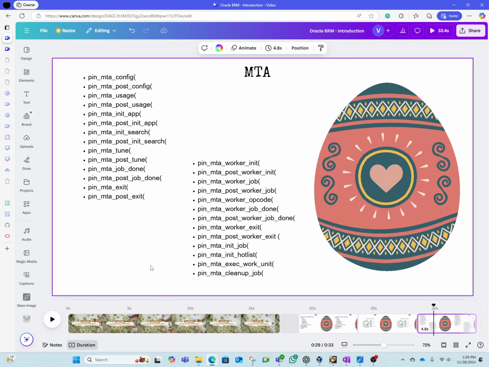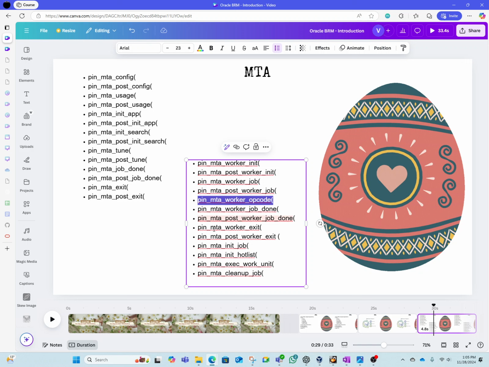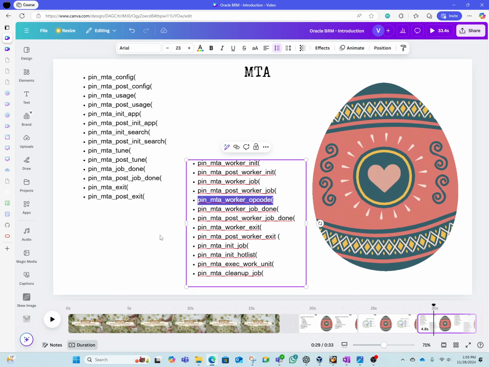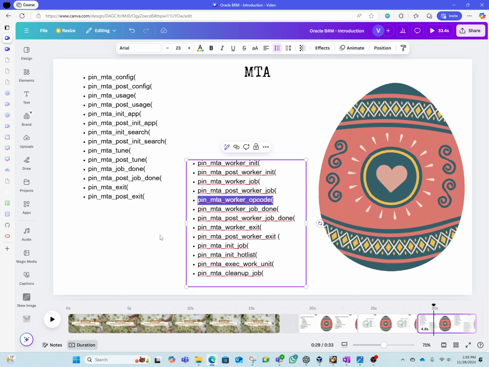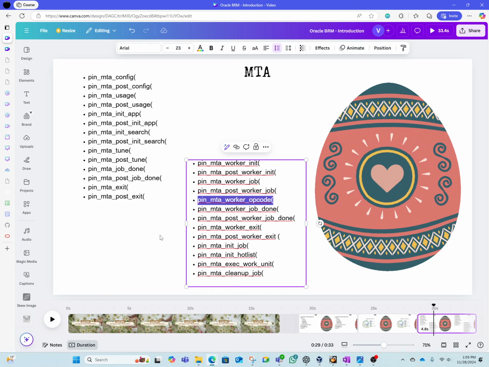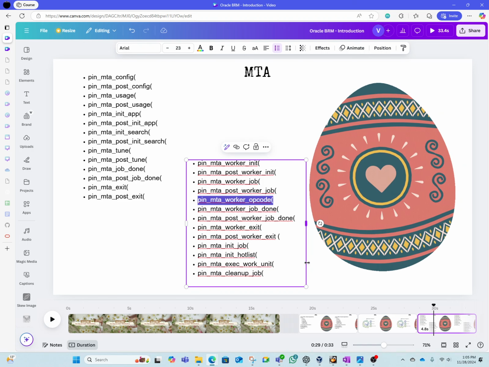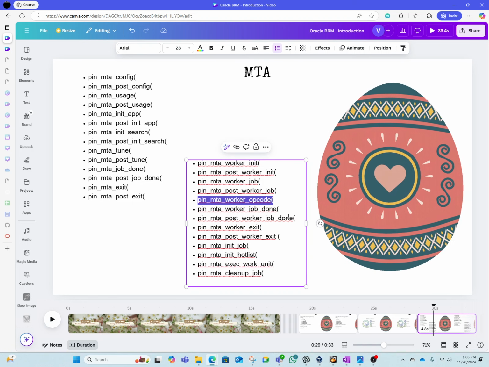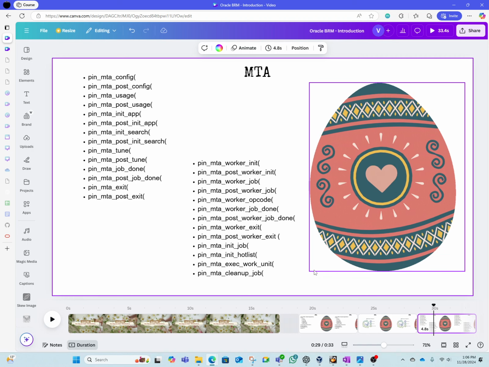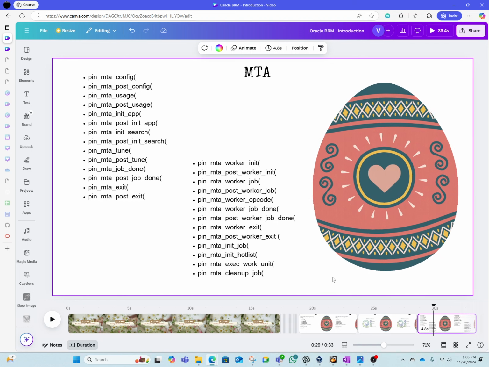You can also test the opcode that you would like to use in the worker opcode. For example, let's say you are updating the zip code, then maybe you may use the PCM OP write fields opcode. So test the write fields for one record and see whether it is working or not, and then you can pass those opcode related information in the MTA. So let's go back to the VM and see how to start writing an MTA application